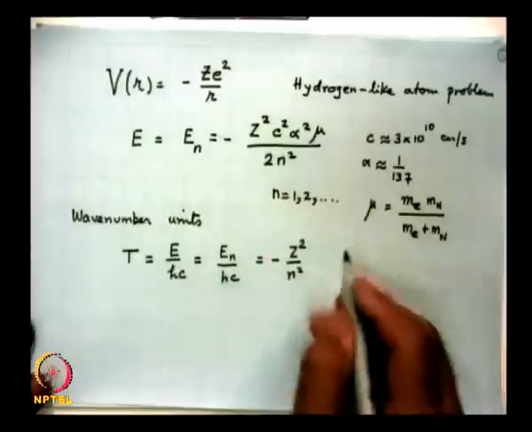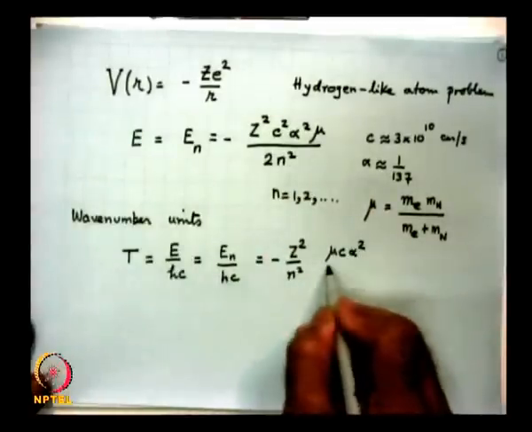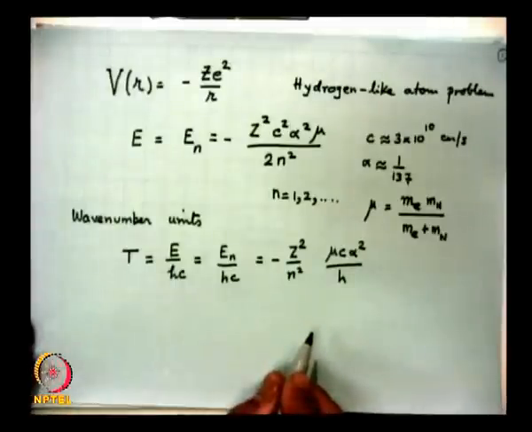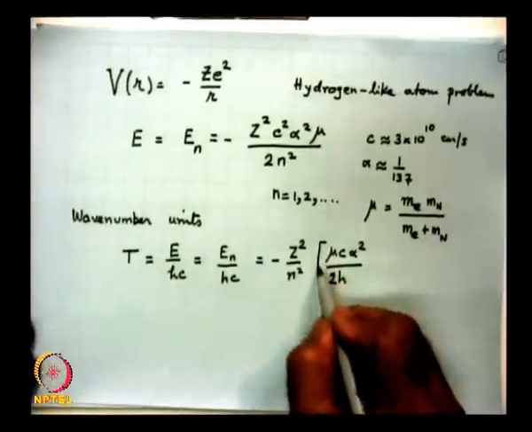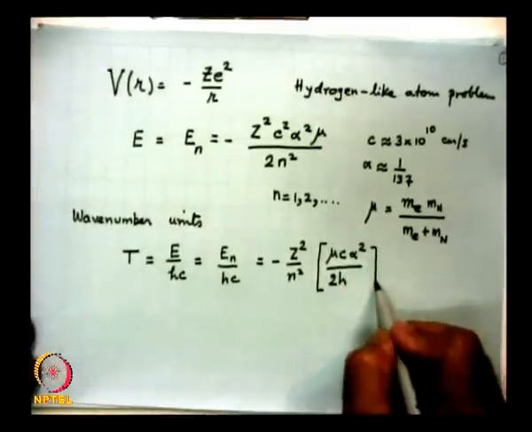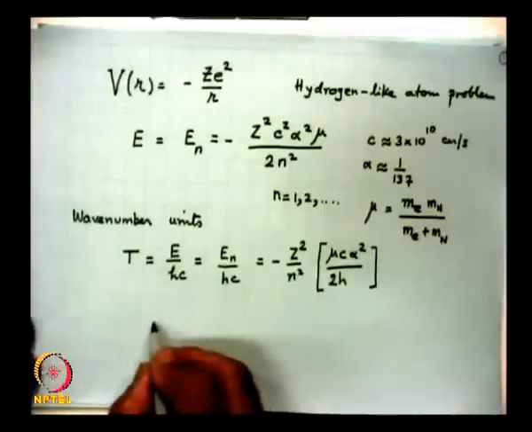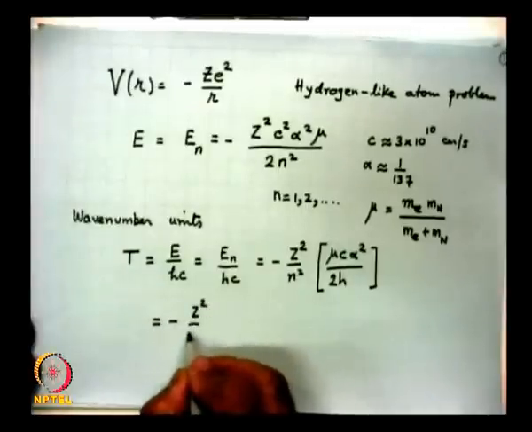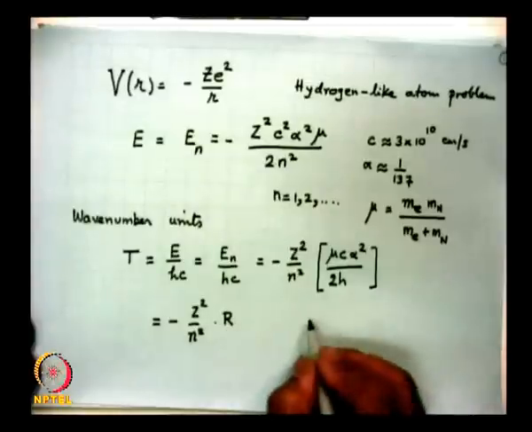One of the c's will cancel out. So, you will have mu c alpha square by 2h. This quantity is known as the Rydberg constant. So, we write this as equal to minus Z square by n square into R, where R is known as the Rydberg constant,